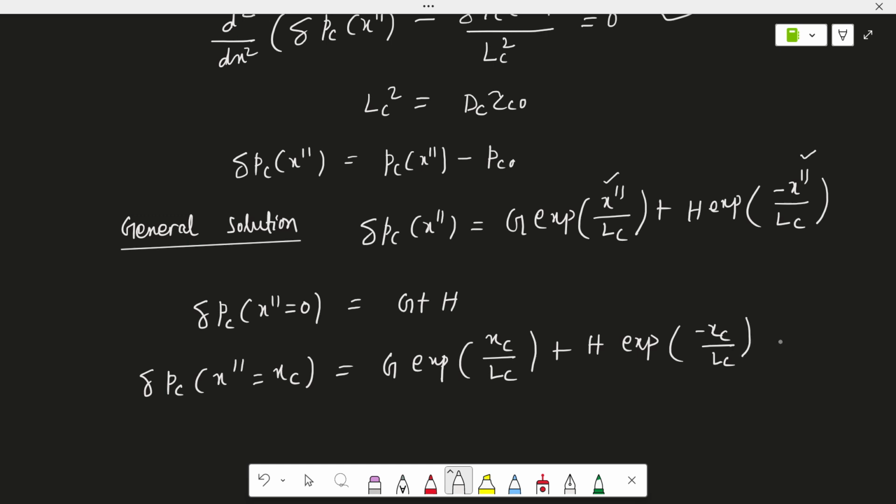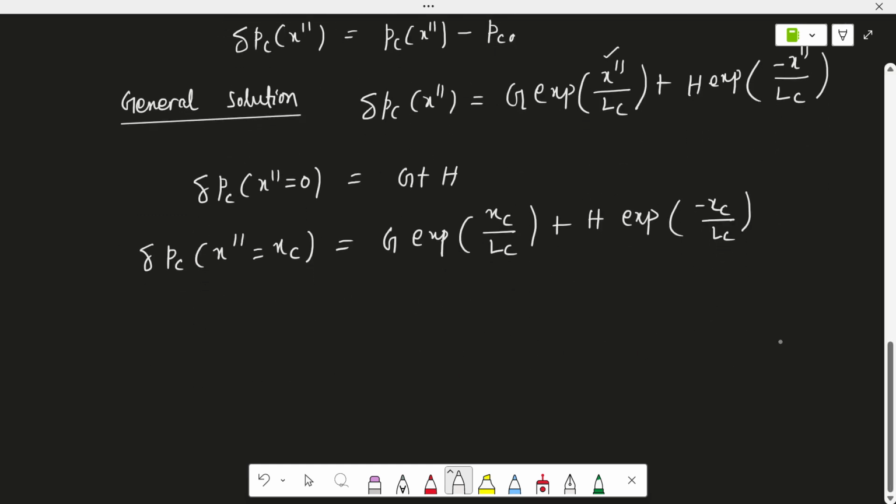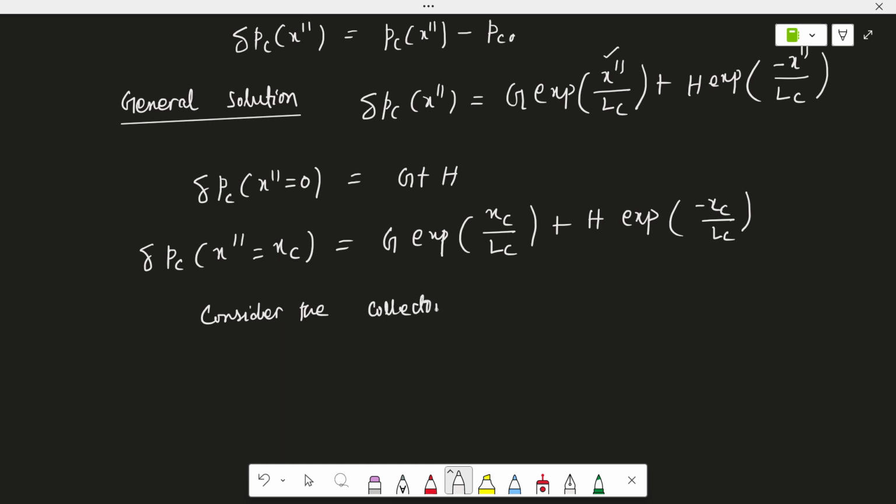Now what we are using here is one assumption, that the collector is long enough. So for that assumption we consider the collector to be long enough, so that the neutral width of the collector region